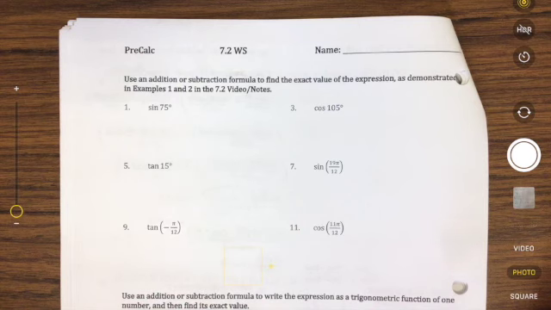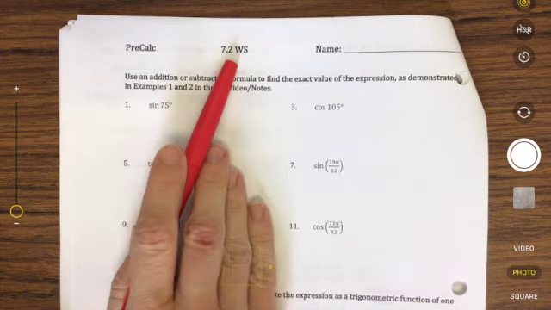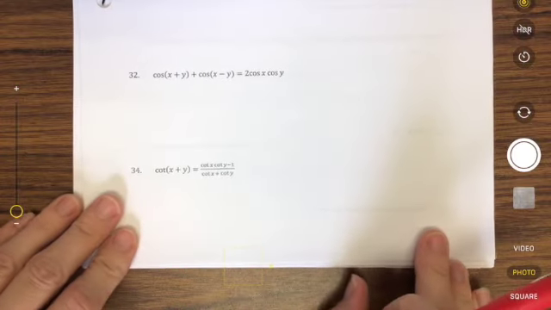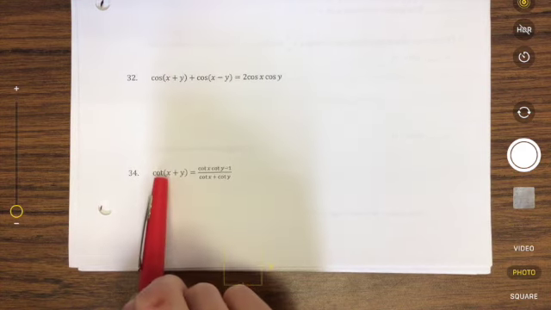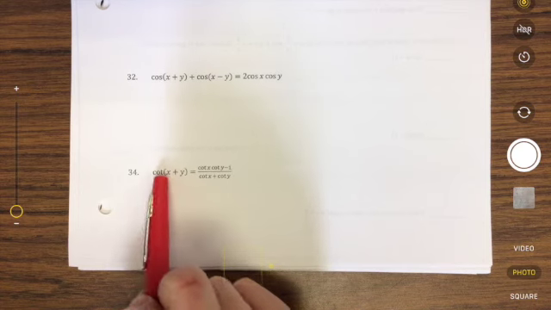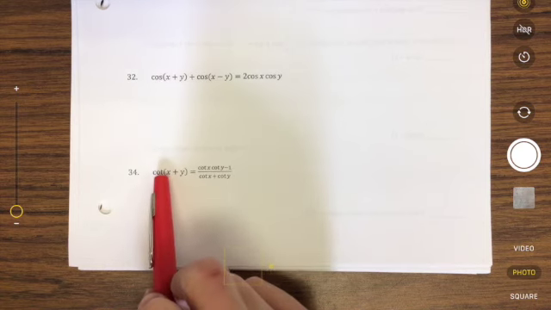This is the video that I promised to make you guys on the 7.2 worksheet, the very last problem, number 34. I was struggling with it in class, and I did get a chance to work through it and figure out how to do this one. In class, I tried to turn everything into terms of sine and cosine, and that was not getting me anywhere. So what I did is actually